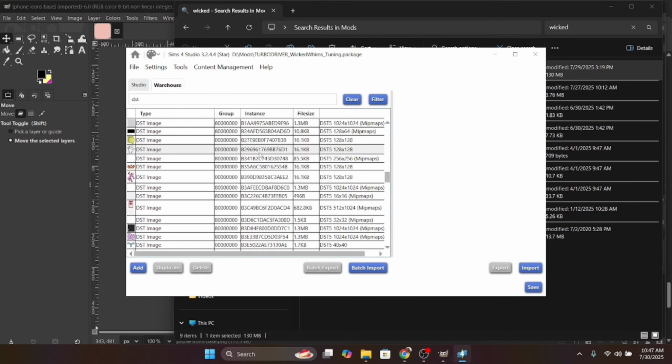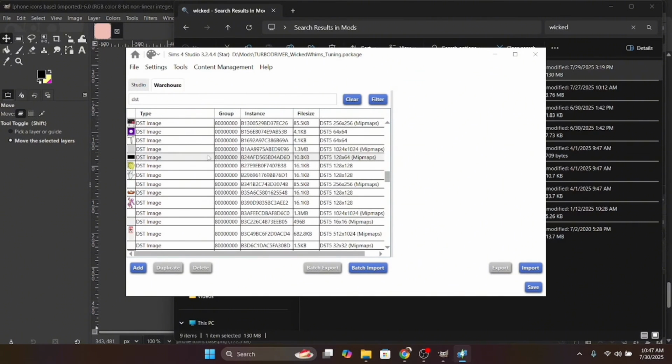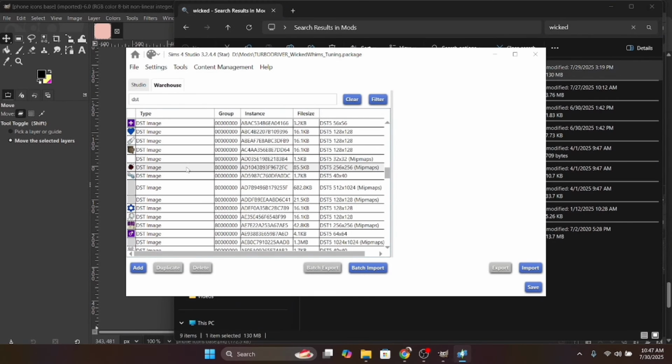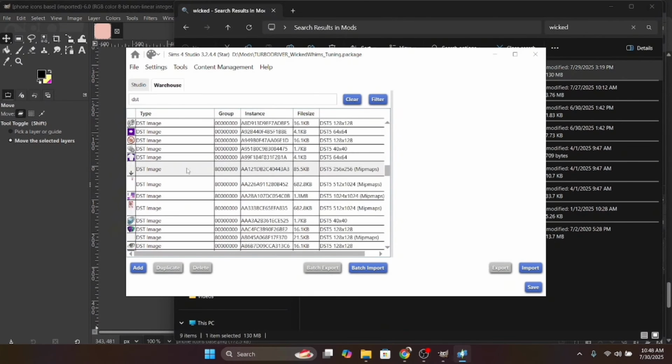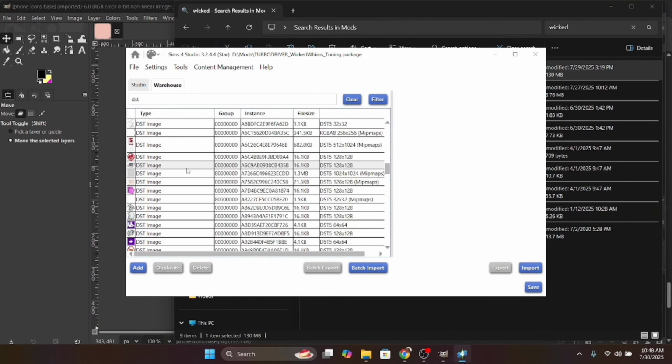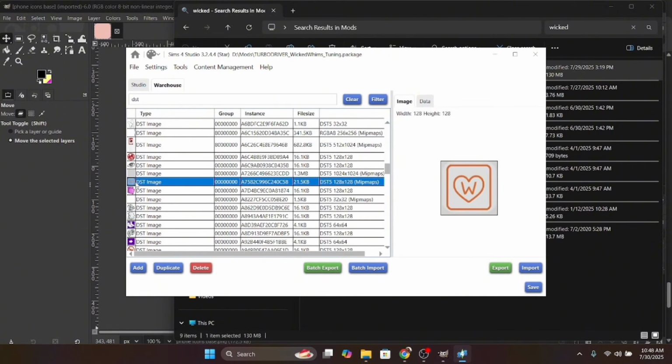Some of the other ones are way easier than this. This is the one I had the most trouble with because trying to find that image is just, you gotta have a lot of patience. So here it is. This one is the one which it will show you. You have to know what that icon looks like. Of course, it's going to be that heart one with a smile. I mean, with the eyes, and then it'll have that box around it. So you'll know that that's the one